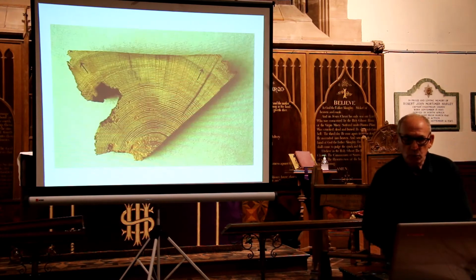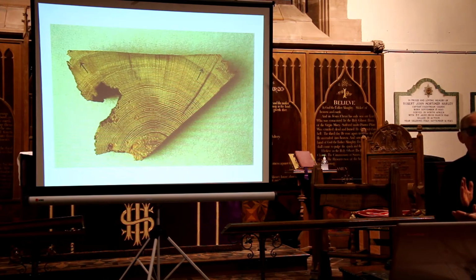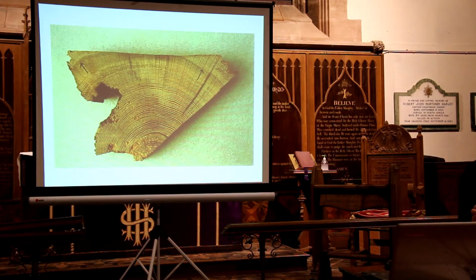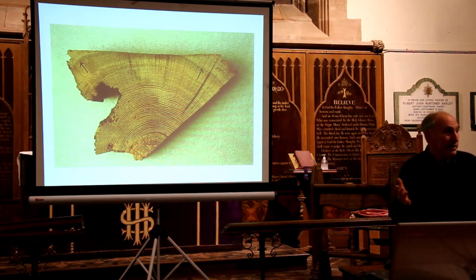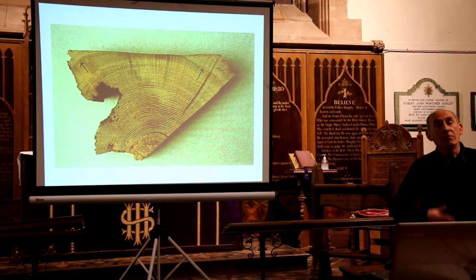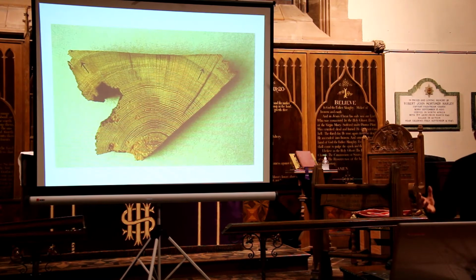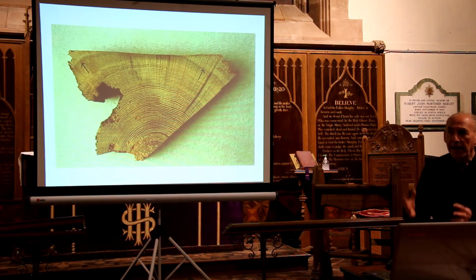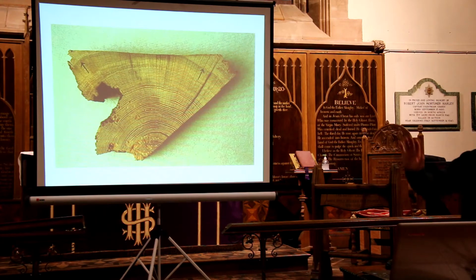And the annual growth rings, which you see here, the crucial point about them is that they vary in width from year to year, according mostly to the weather during the growing period. So the period usually from about March, and of course nowadays, maybe even late February, up to, well, nowadays, perhaps even late October, the trees are growing. And they're producing these annual growth rings, and the width of the rings varies according to the weather during the growing period. From October to March, i.e. in the